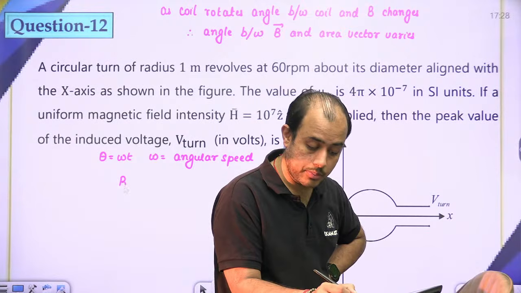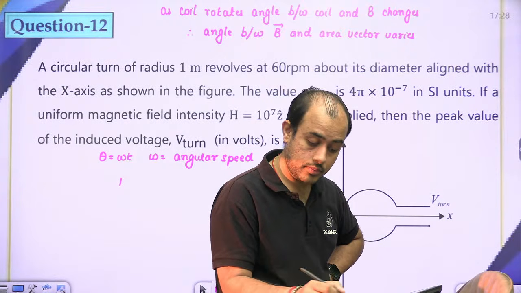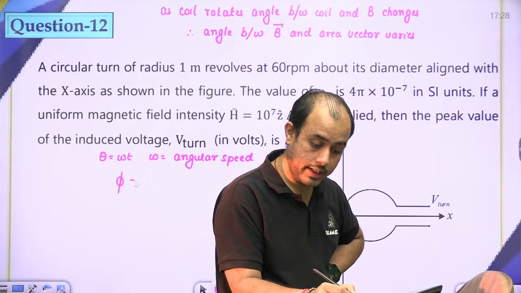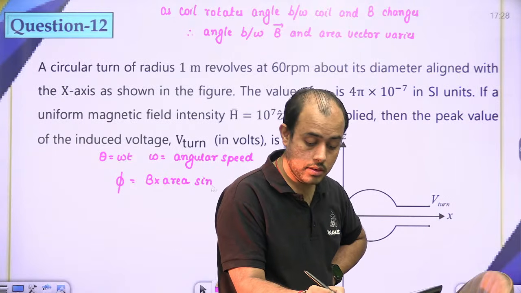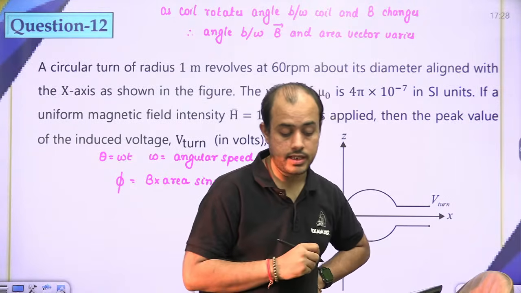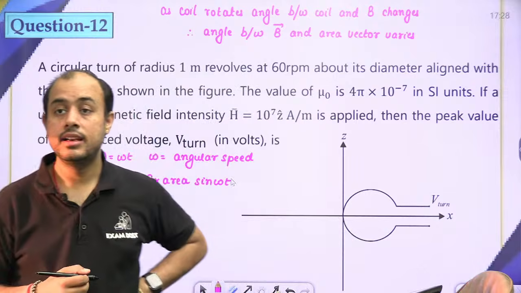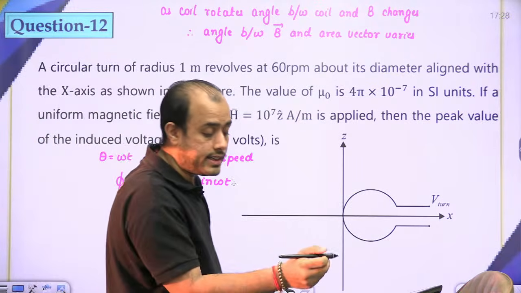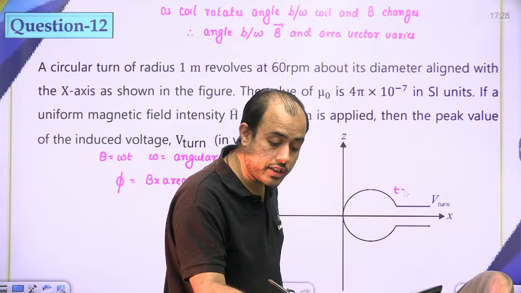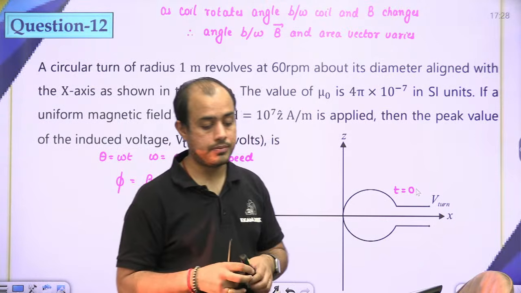So I will say suppose phi is B into area into sine omega t. Why sir sine omega t? Because beta if I take this position as t equal to 0,